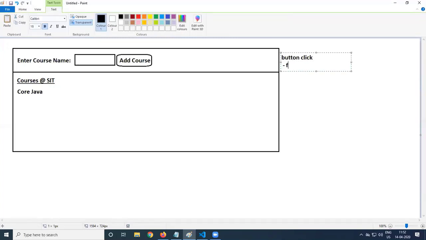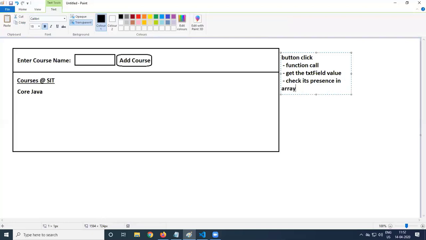So first is function call. Then inside the function call, get the text field value. Check its presence in array.